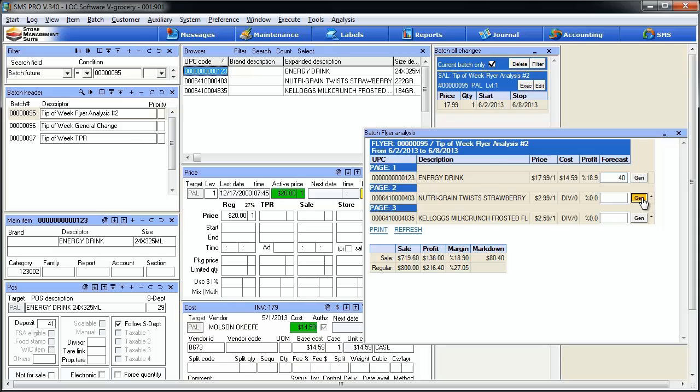Let's go ahead and generate a forecast for item number 2 and generate a forecast for item number 3. Those numbers populate here. It can give you a by item summary right here. Lets you know that based on similar pricing events in the past, you can expect to sell 304 of these strawberry twists within a week period and 221 of these multi-crunch frosted flakes within that same weekly period. And oh, by the way,